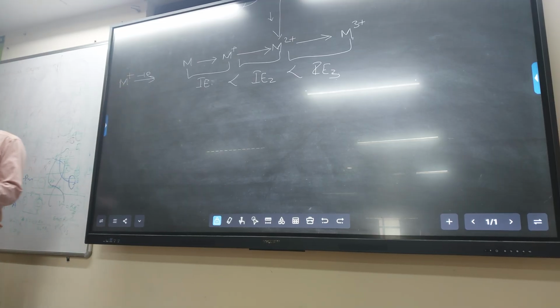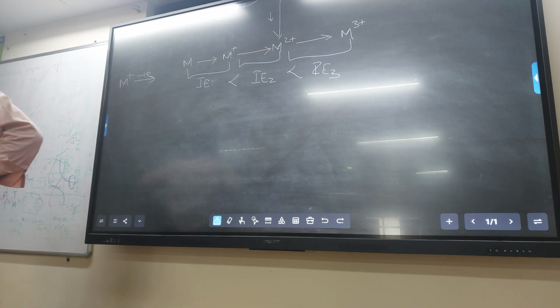Some exception cases will be there, because when removing the second electron or third electron, it attains the half-filled configuration or the full-filled configuration, meaning there the energy is less. Always you have to think about the half-filled, full-filled and noble gas configuration. There the exceptional case will be there. Okay, right. So next, for example,